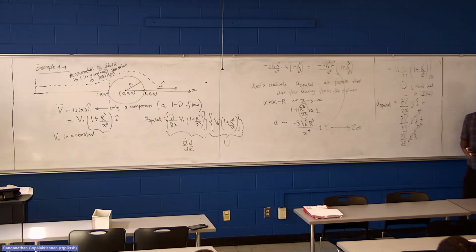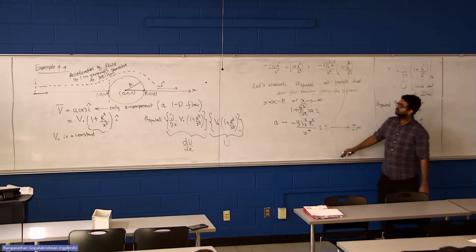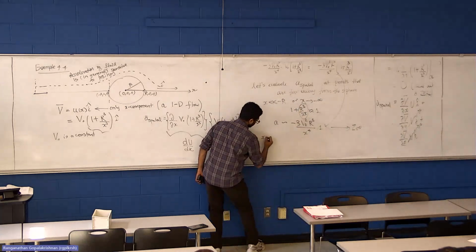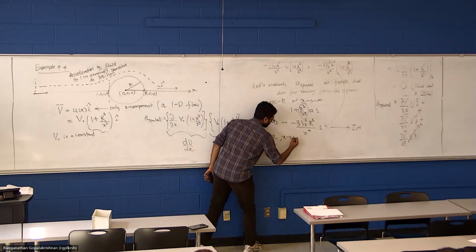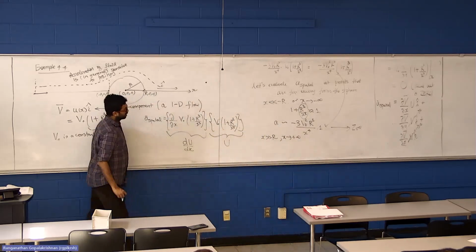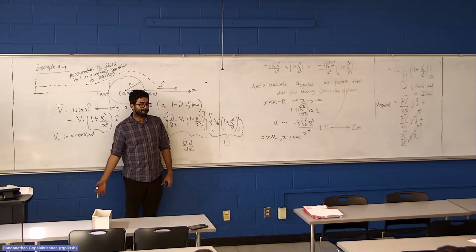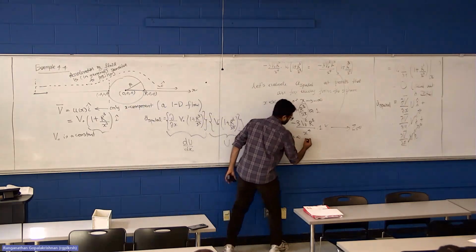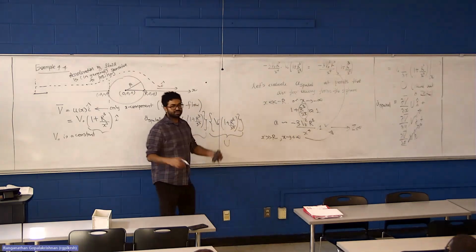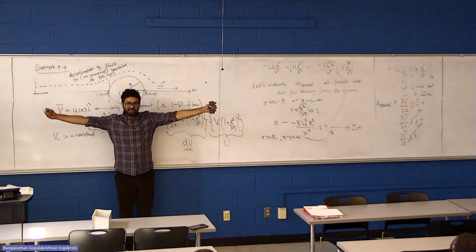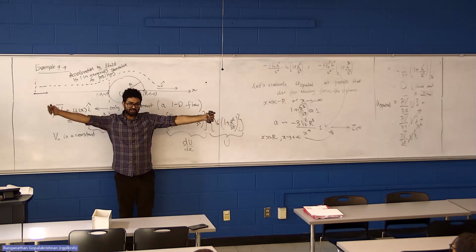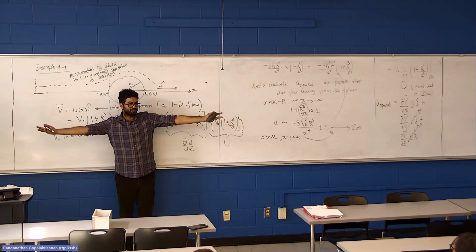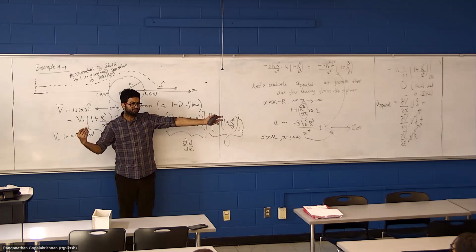Before you jump into an Excel sheet and start doing the numbers, I just want you to see these trends. So what happens when x is much greater than r, or x goes to plus infinity? Can the same argument still apply? Same thing still applies. It would still be 0. Far away from the ball on either side, the acceleration goes to 0. That should make sense because far away from the ball, the velocity is constant, so the acceleration must be 0 if velocity is constant.